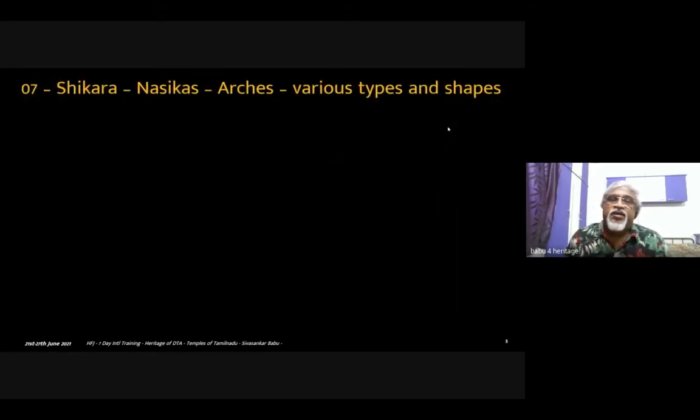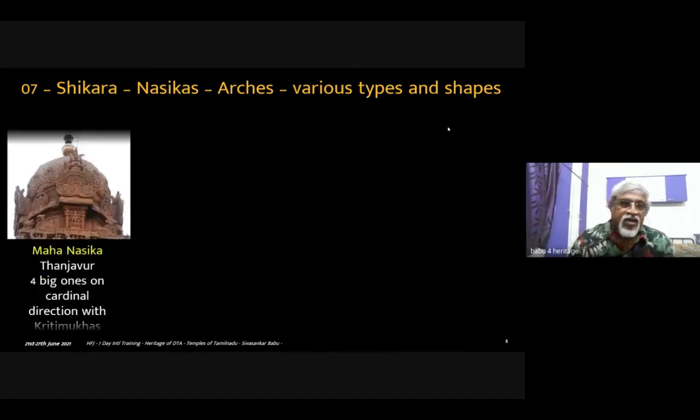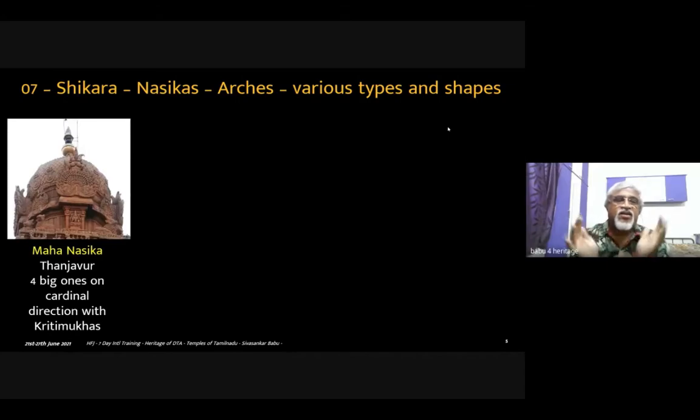So, having seen the various shikaras, now let us go into the world of arches and nasikas, which I have been saying, but I have not explained so far. This nasika, the arch kind of a thing, comes from the earlier 3rd century BCE, where the old Hindu temples and the Buddhist chaityas used to have this horseshoe kind of arch, which is a load-bearing element when you do the wooden as well as the rock building.